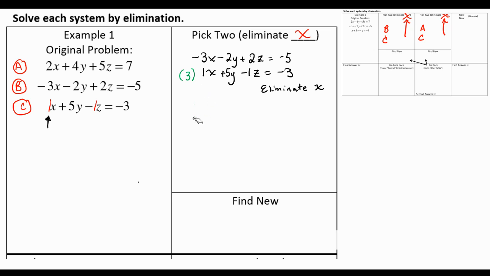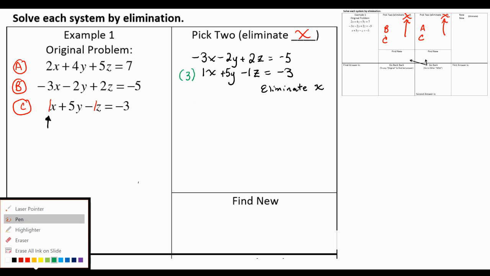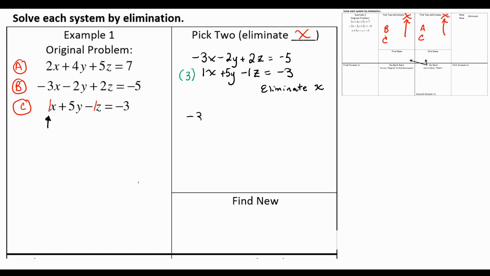Okay, so then you're going to go ahead and write down the first equation again. So that top one, -3x minus 2y plus 2z equals -5. Now I'm going to distribute this 3 to every single item in the bottom row. And that'll be a positive 3x, a positive 15y, a negative 3z, equals 3 times 3